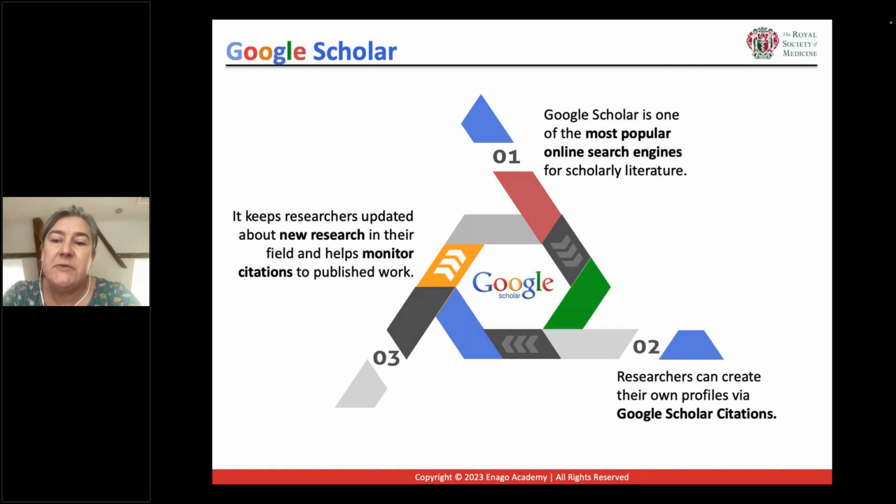Google Scholar is very popular. It's very useful for bridging that divide, or that interstice, between academia and the public, particularly a curious, educated public who wants to know more about your subject. So adding your articles and publications will make your name more visible to the casual searcher. If you set up your profile correctly, you can also get updated about new research in your field, and it will also provide you with some analytics as well.